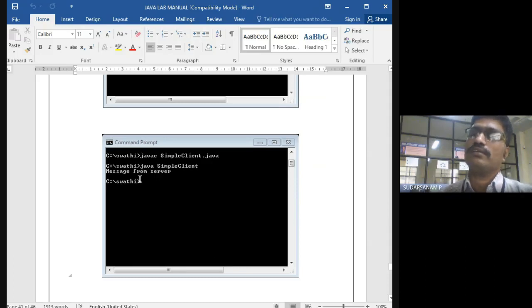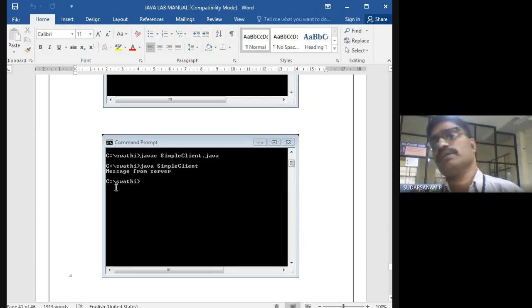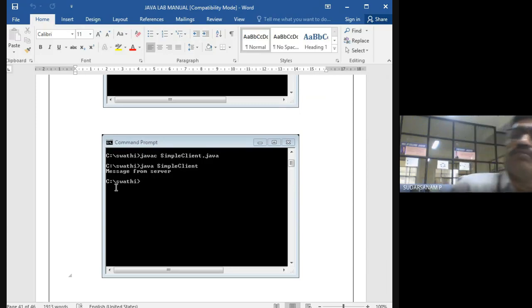Whatever messages are sent from the server to the client, it will come to the client, and the client will display whatever data it has received. Normally, most web pages are in UTF format. That is the reason that for web-related pages we normally use UTF only. You have learned this in Unix also, somewhere it will come, and on the web also UTF formats will come.